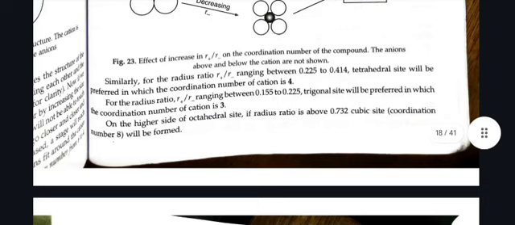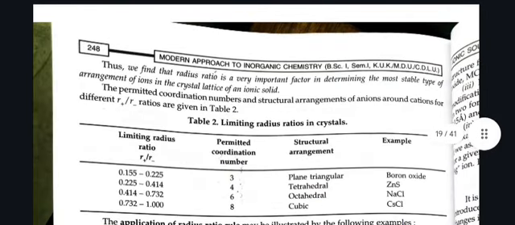Thus, we find that radius ratio is a very important factor in determining the most stable type of arrangement of ions in the crystal lattice of an ionic solid. The permitted coordination number and structural arrangement of anions around a cation are given in table 2. Limiting radius ratio 0.155 to 0.225, permitted coordination number is 3. Structural arrangement, planar triangular,